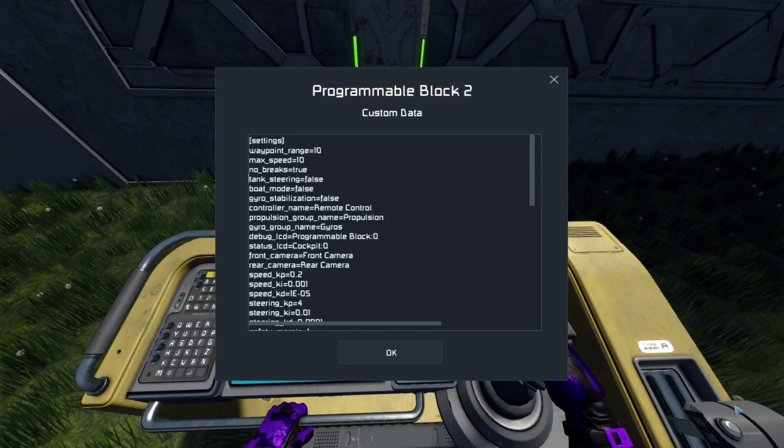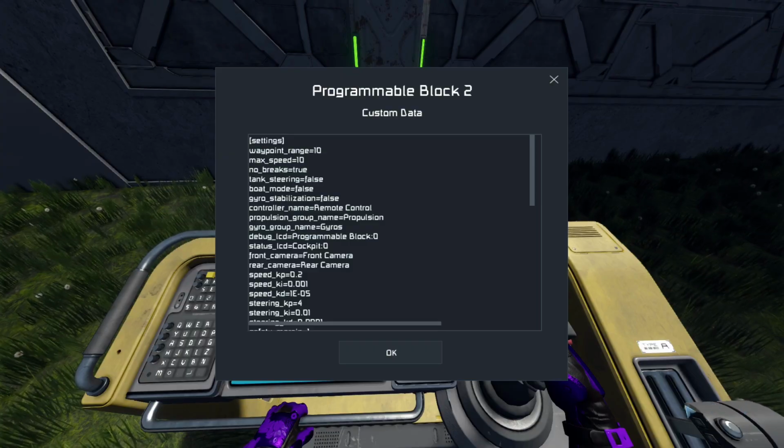Gyro stabilization will use the gyros to try and keep the rover upright. So like when it's making a sharp turn, it will use the gyroscopes to push against the centrifugal force to help keep the rover from flipping over. We don't have any gyroscopes, and we're not going to be doing any sharp maneuvers or moving very fast, so